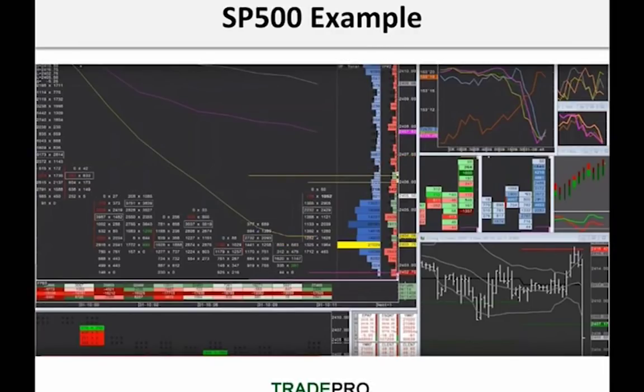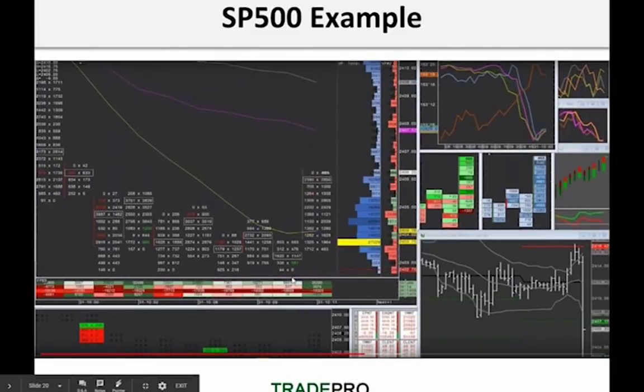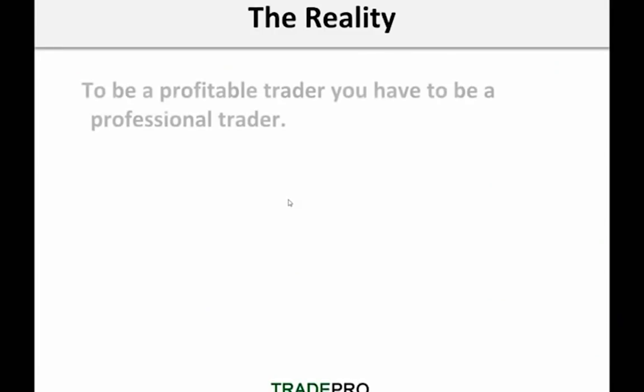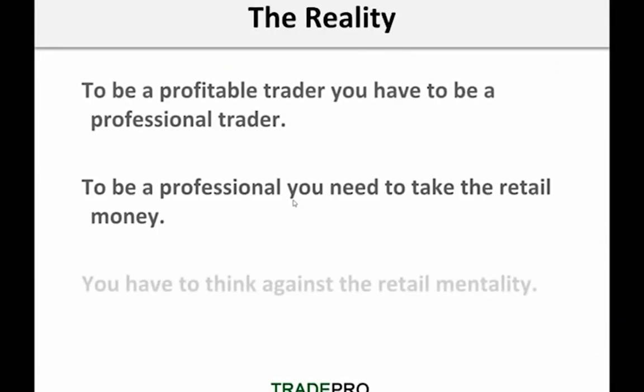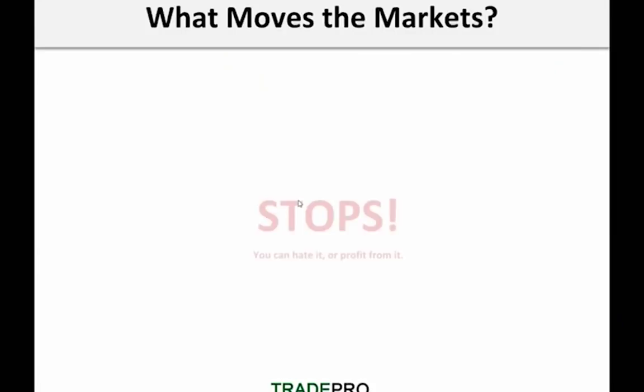All right, so it's that simple. You don't have to overcomplicate things, because why does the market move? And there's a full profit target there at the 06 quarter. What moves the market? I asked you guys that a little bit earlier. Stop losses. All right. You could be the one getting your stop loss hit, or you could be the one who's taking other people's stops while you're making money. There's 2 ways to look at it.